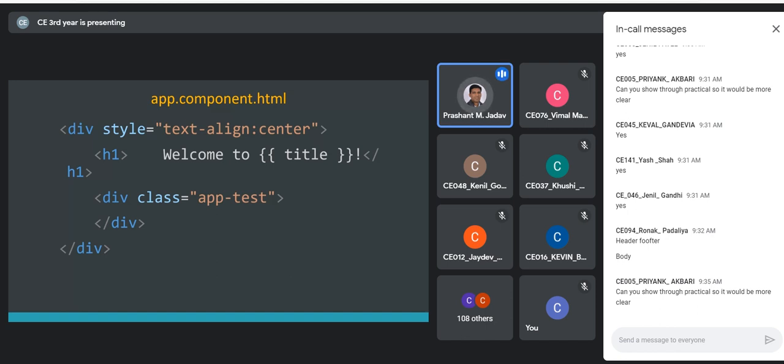I hope that you are doing it on your system. I expect that you also follow these steps on your system, because this is very small code I'm displaying. It will not take much time to write down this code, because most of the code is generated.